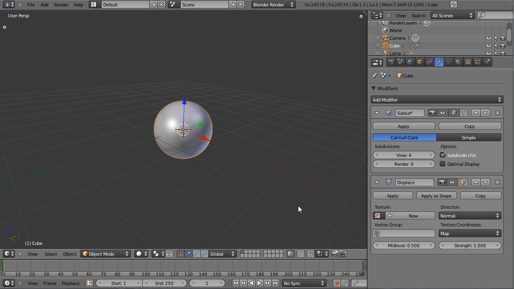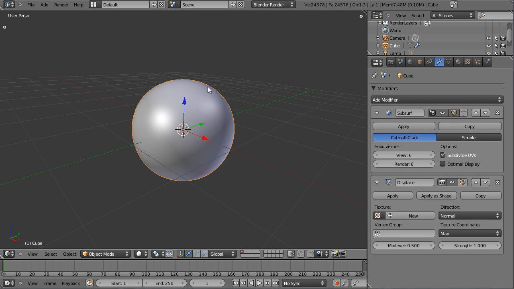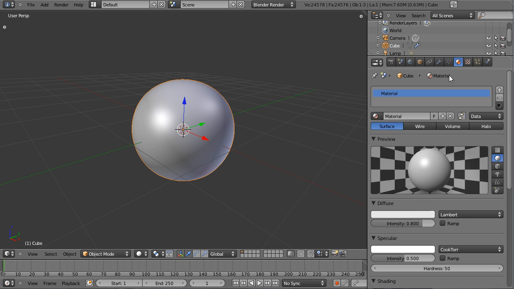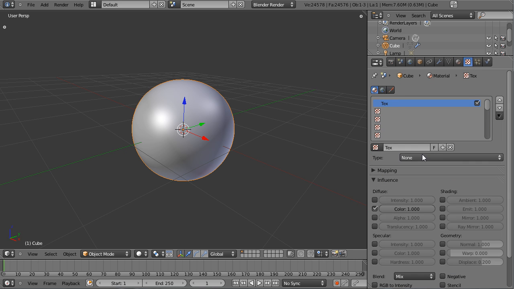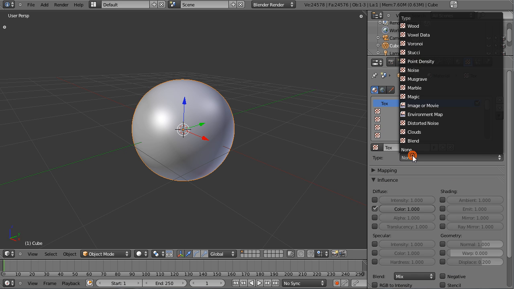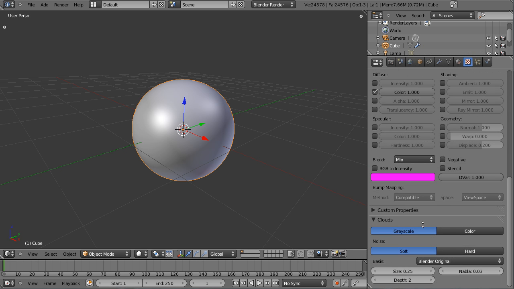Now, if you've never used a displacement modifier before, basically what that allows you to do is to ripple and change the surface of an object using just a texture. So, for example, I'm going to go here to the texture panel. I'm going to take this default texture here. I'm going to click clouds. And I'm going to crank up the size of the texture a bit. And that will determine how your asteroid will look as well. So just fiddle around with that if you like. And I'm also going to turn up the depth as well, maybe to 10, just to get a little bit